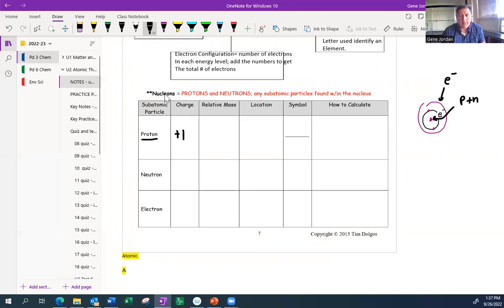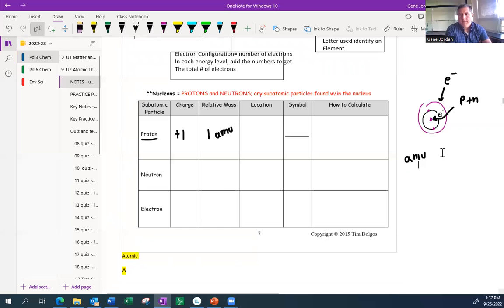We first discovered it was a positive charge. And then we later said it has a mass. Now, how do we measure things? We don't call them pounds or ounces. We have a new measurement, and a proton is defined as one atomic mass unit. Now, I don't think I mentioned that anywhere, but AMU